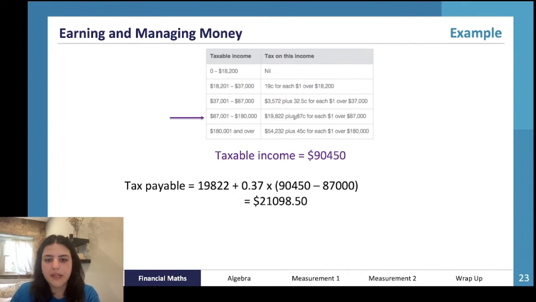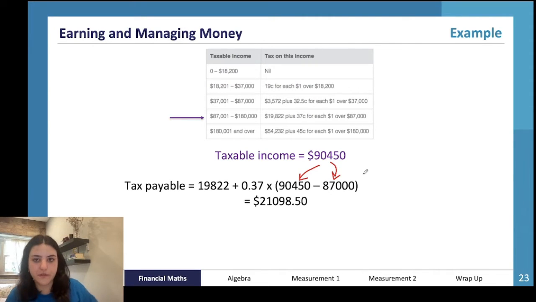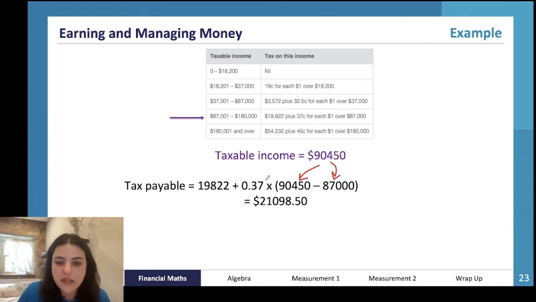$19,822 plus 37 cents for every dollar over $87,000. So we have to find every dollar over 87,000 by doing 90,450 minus 87,000, and we times that by 37 cents. So we can see this is like $1.37. If you just timed it by 37, you would be getting your answer in cents, not dollars. And that gives us a number of